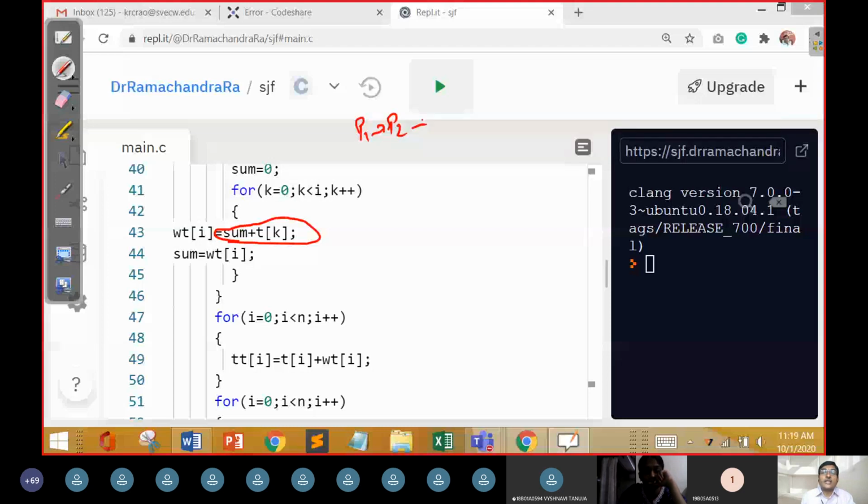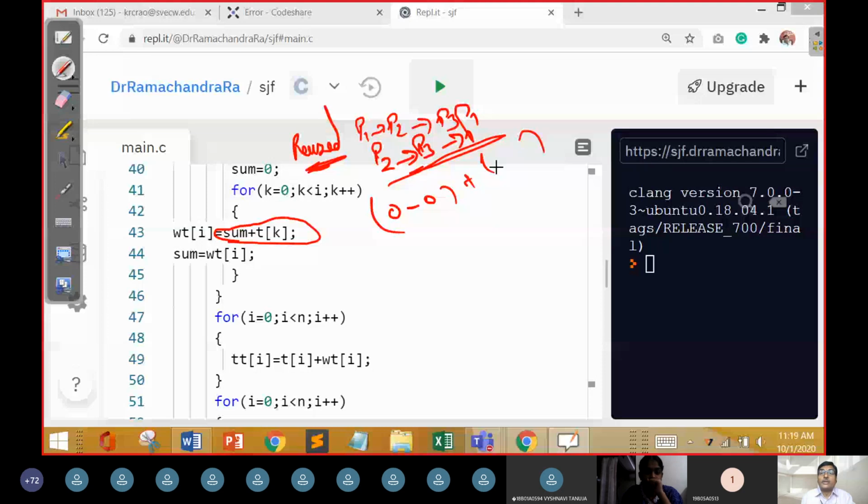Now the revised discussion. What was the revised content? It is P2 followed by P3 followed by P1. So this is the new form. So for that, it is going to take up the values, that is P2 first, then it computes the initial time to its total burst time, then it is going to compute the P3, that is up to 3 minus 0, and then it is going to compute the next value. So in this way, every instance is going to be added up and the total sum is going to be computed.